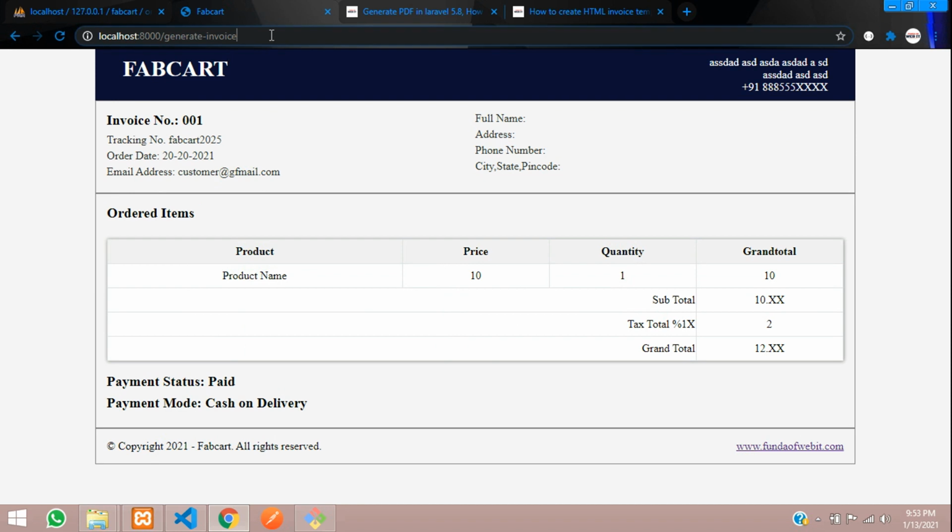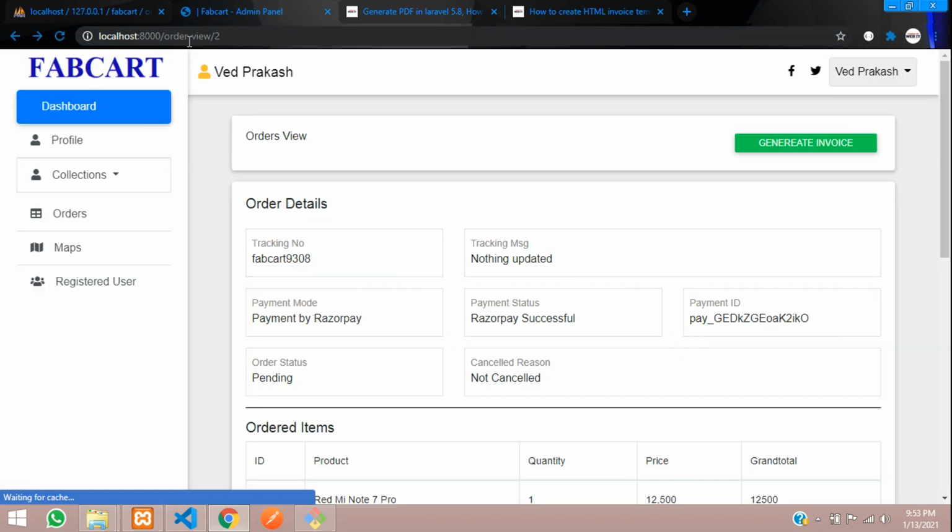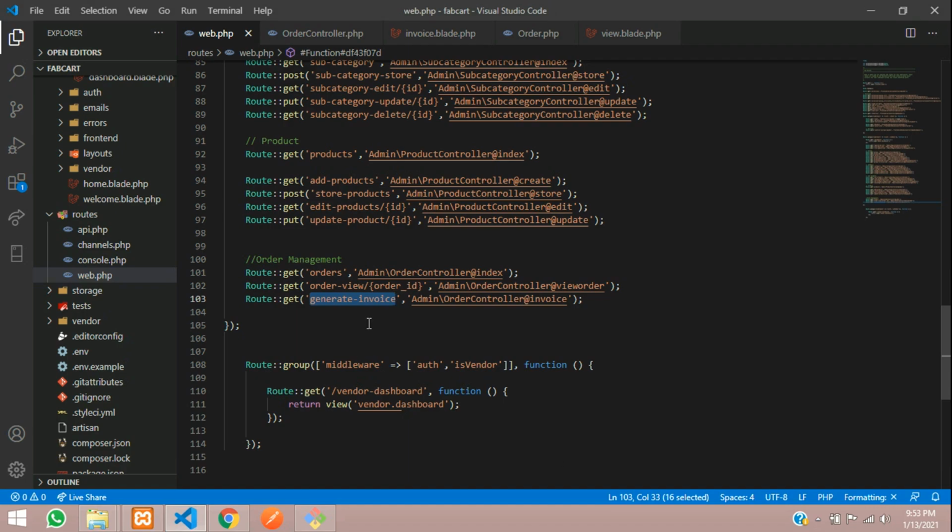You are going to pass the ID over here. Okay, so what ID you are going to pass is nothing but your order ID, right? So this order view is there, right, with the value 2. So this 2 ID will be passed over here. So guys, now let's get back, and over here we have to pass the ID. Let's give / with the ID.